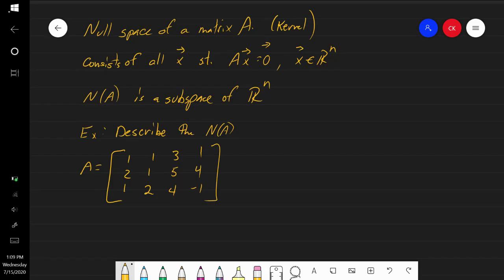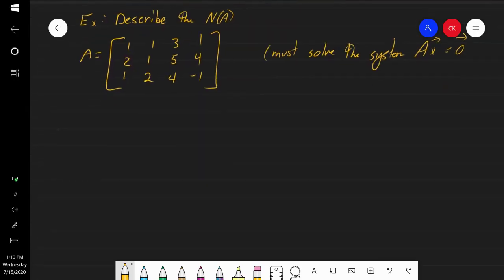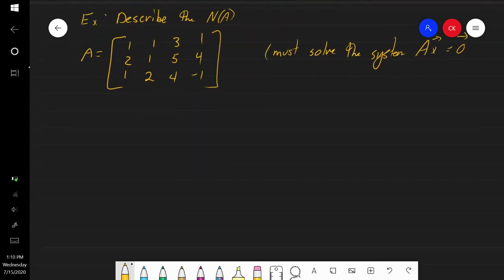And again, what we need to have is, we must solve the system A times a vector x equals the zero vector. So because we're solving a system where this is equal to 0, essentially we're solving the homogeneous equation that comes from this particular matrix. So we want the output or the solutions to be the zero vector, which means that